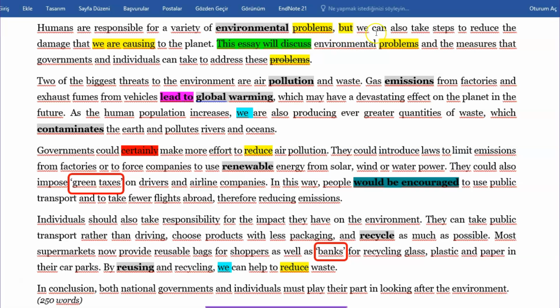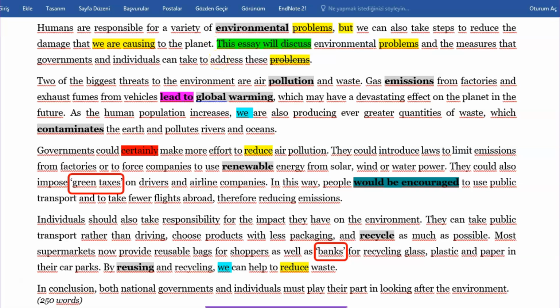But we can say, however, we can also take steps to reduce the damage that we are causing to the planet. Instead of but, we can say however, and also we are causing, the candidate